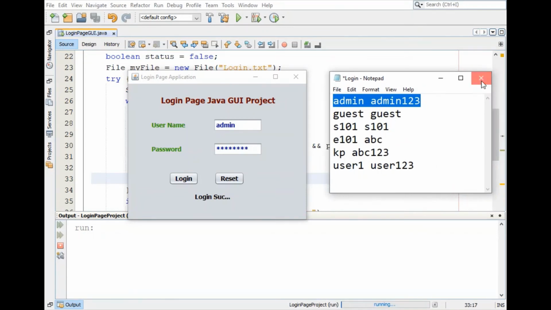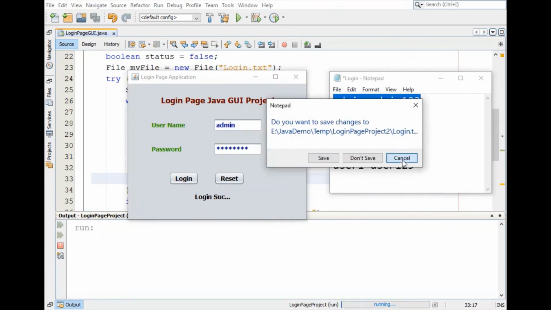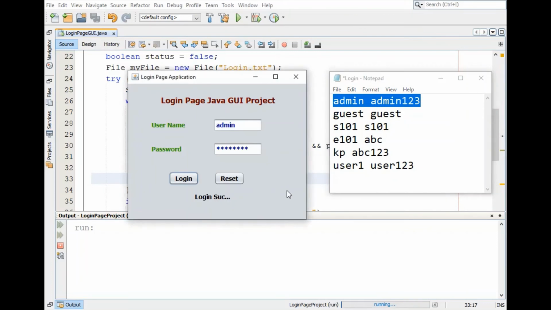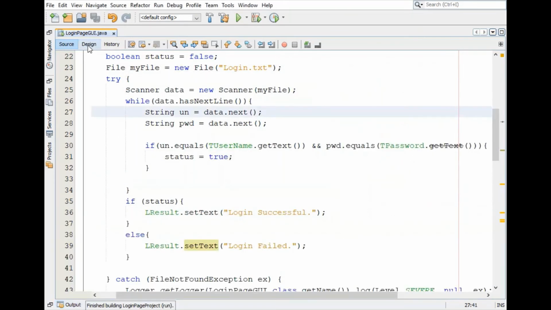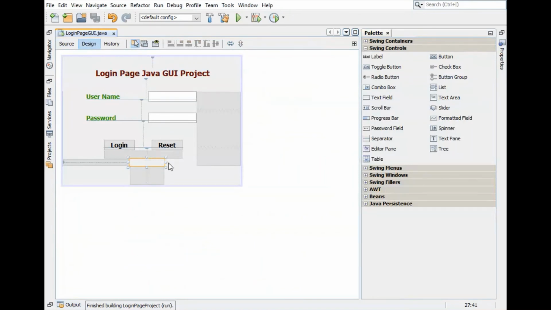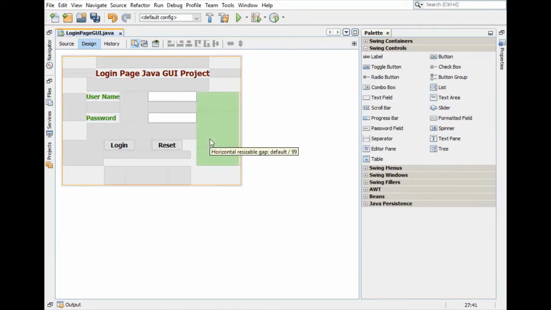So we are not getting the full message here. So for that, let's just expand the label width and let's run this again.